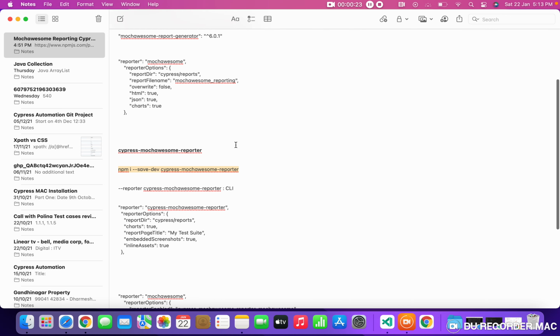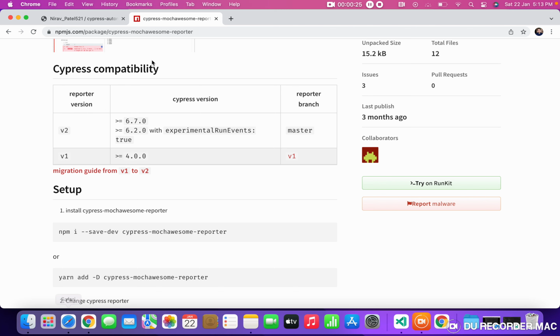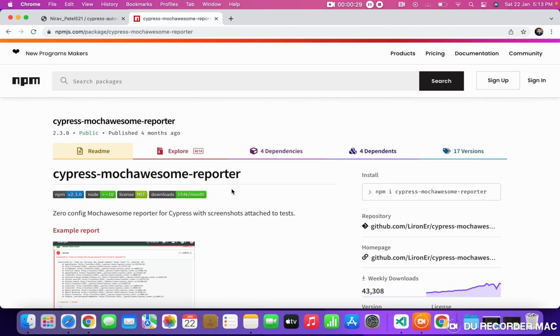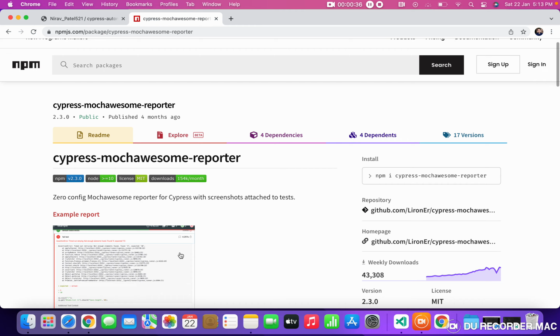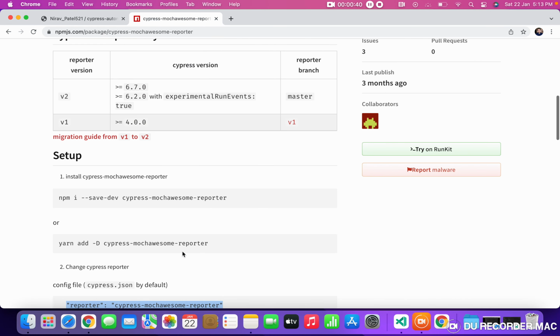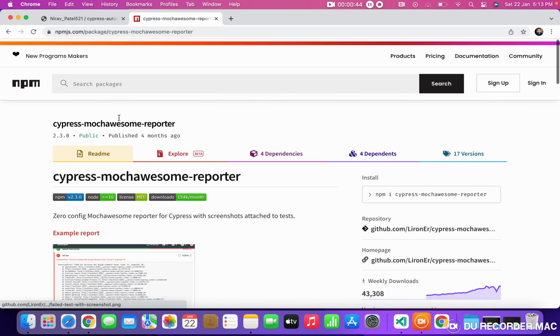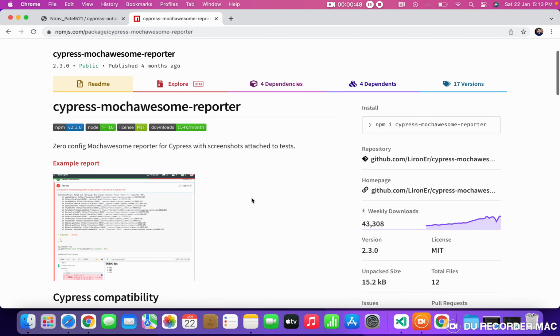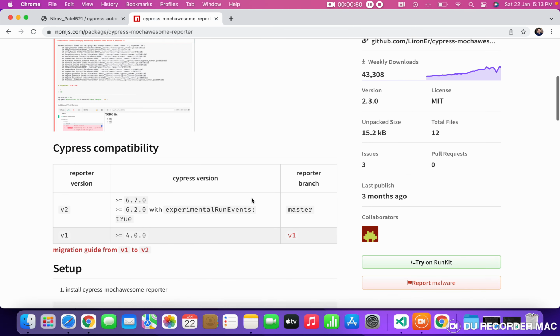For that, first we open npmjs.com, and I see Cypress Mocha Awesome reporter over here. Once you find any reporter that you want to install, you just search over here. You will get the plugins, and then the configuration for the respective plugins is listed. In this session we are going to check Mocha Awesome reporter and how we can see it with the pass scenario and fail scenario. I'll explain it step by step.